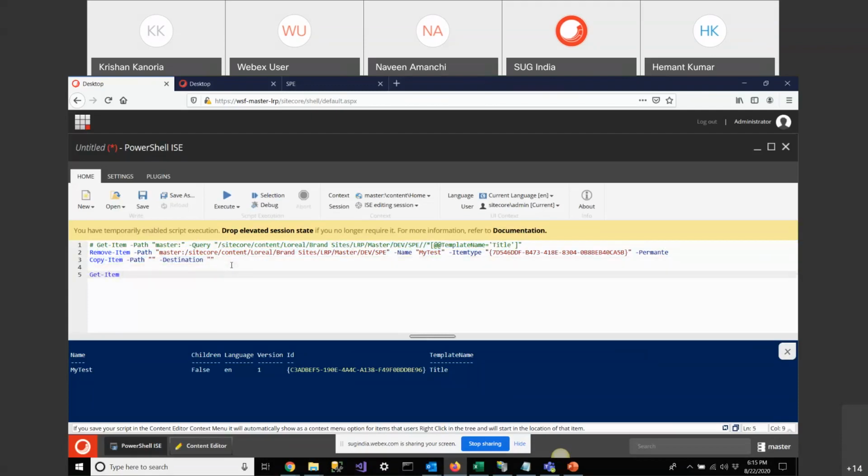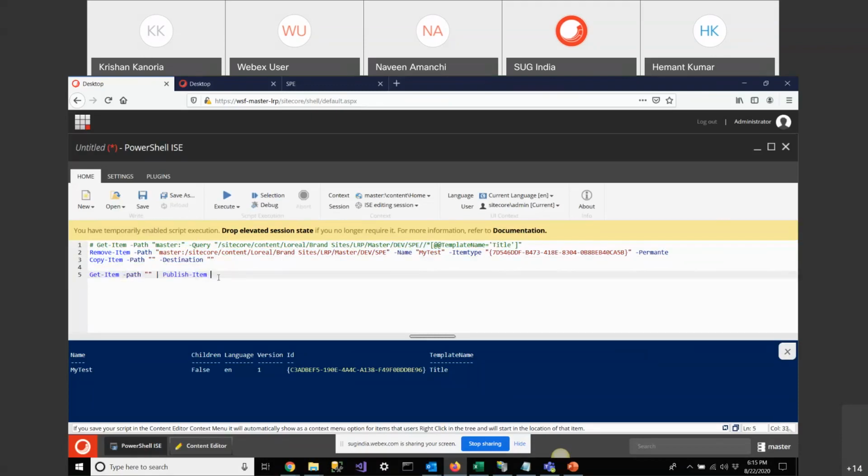Get item, I'm giving the path. Here in the pipe, I need to give publish item. So this will publish this item, whatever path I give.